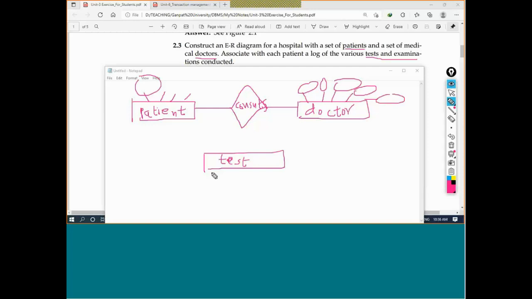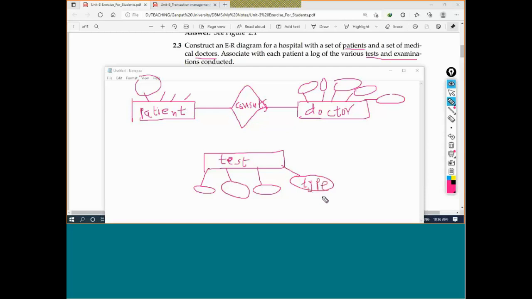So test, I will add as test number, test ID. Test date, test time. Test type also you can add, whether it's a blood test or any other test, based on your thinking.